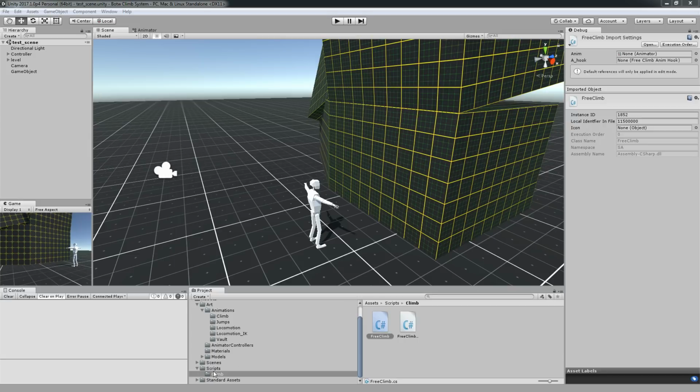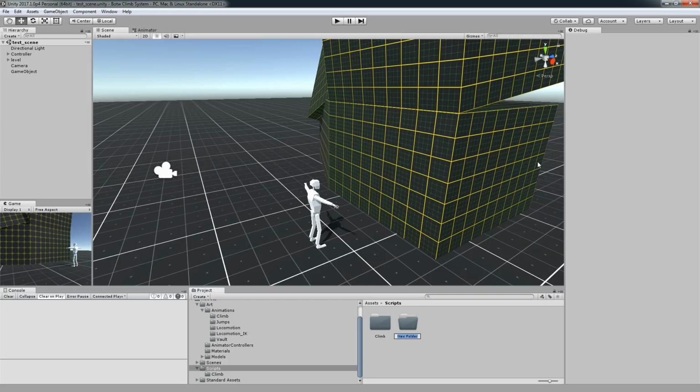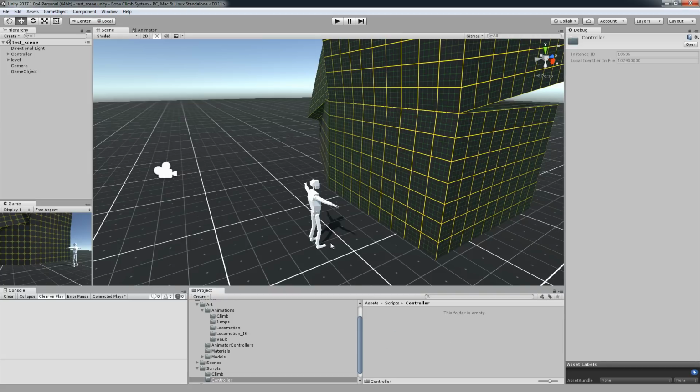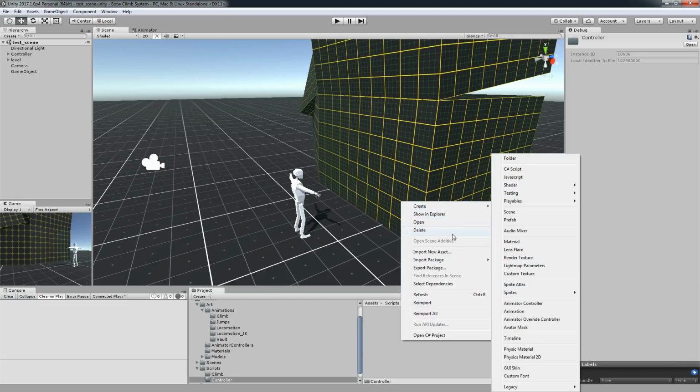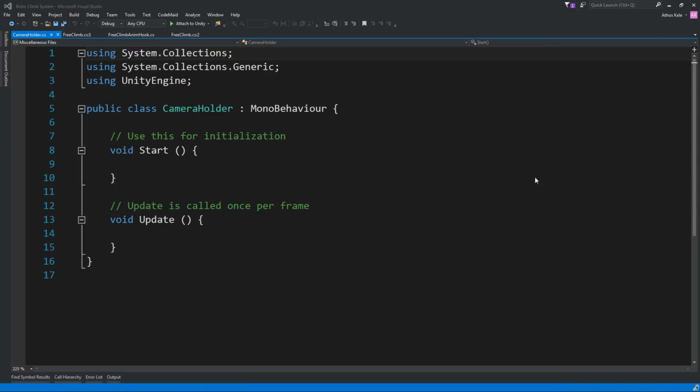So let's create a few utilities. Well, first let's create a camera follower just so that we can move, and then we're going to create one utility that is going to allow us basically just doing the debug draw array in game mode without having to watch the scene, so it's going to be slightly easier to debug all this. Okay, let's call this camera holder or whatever, it doesn't really matter.